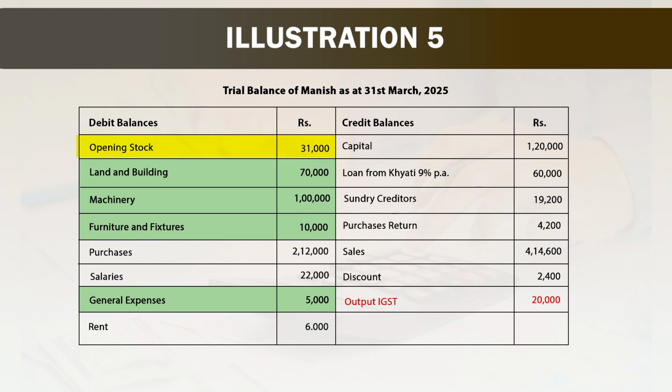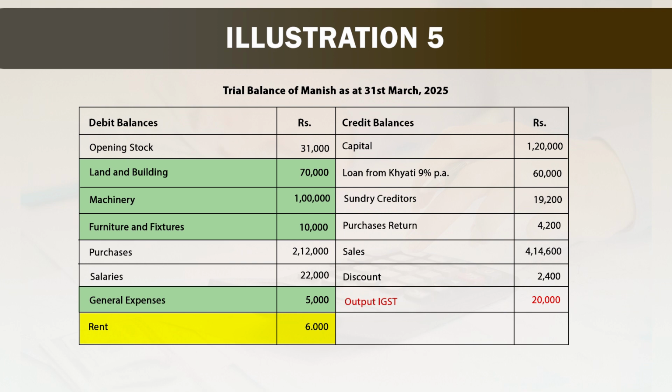Now, first item is opening stock, would appear debit side of trading account, 31,000. Land and building 70,000 in the balance sheet asset side, machinery 1 lakh in the balance sheet asset side, furniture and fixtures 10,000 rupees in the balance sheet asset side, purchase is 2,12,000 rupees debit side of trading account, salary is 22,000 rupees our expense, revenue expense, debit side of profit and loss account, general expense is 5,000 rupees debit side of profit and loss account,